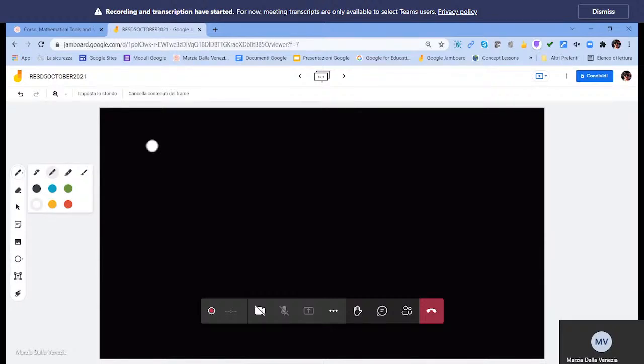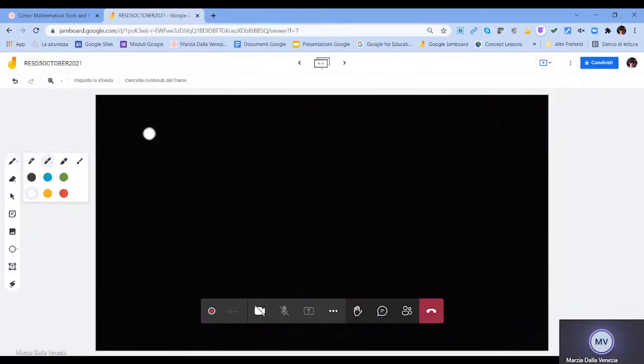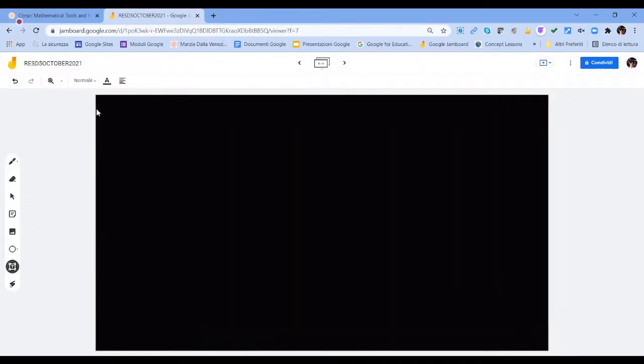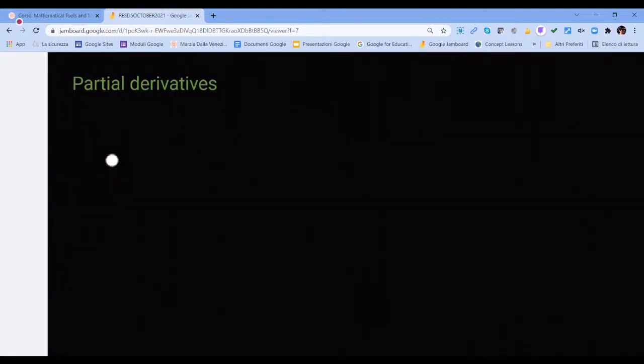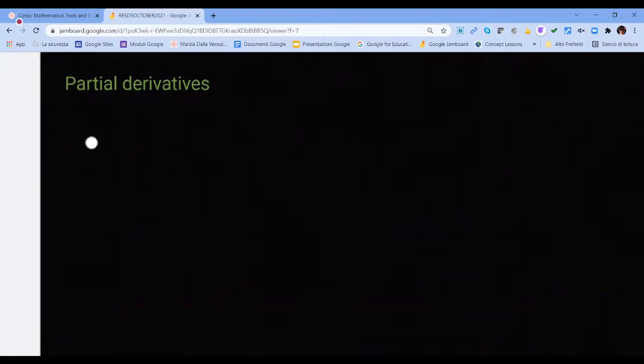Okay, so let's begin with some easy two variable functions. For instance, let's put some title. Partial derivatives. Okay, so we'll begin directly with some examples. For instance,